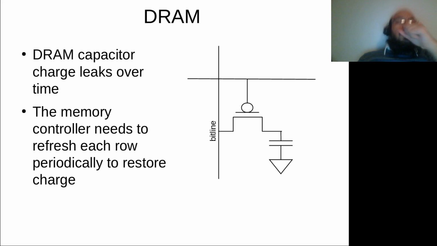So you have capacitance over here, but you have a few million of these. So it's not just one, because every bit in your RAM has at least one capacitor. So if you have 8 gigabytes of RAM, that's 8 billion capacitors. And capacitors have a physical property that they leak